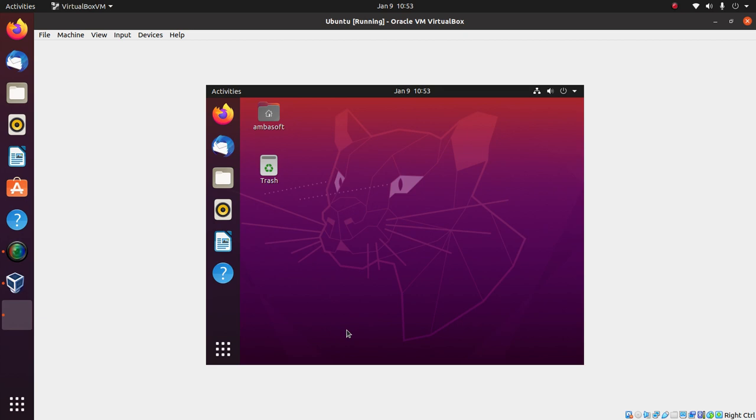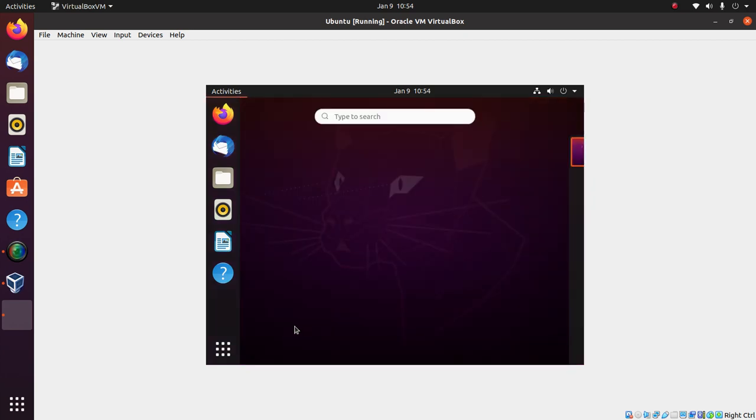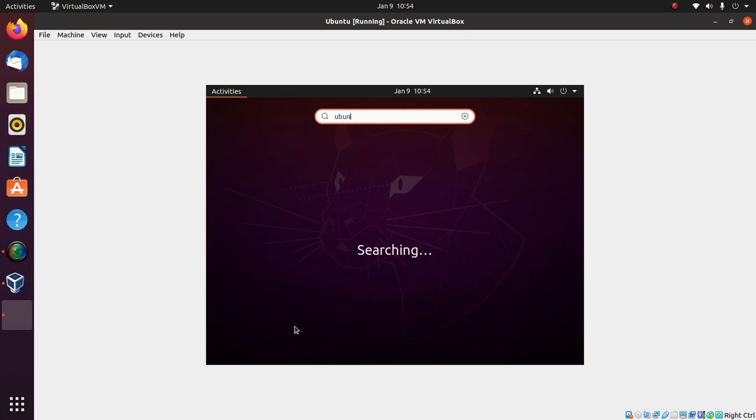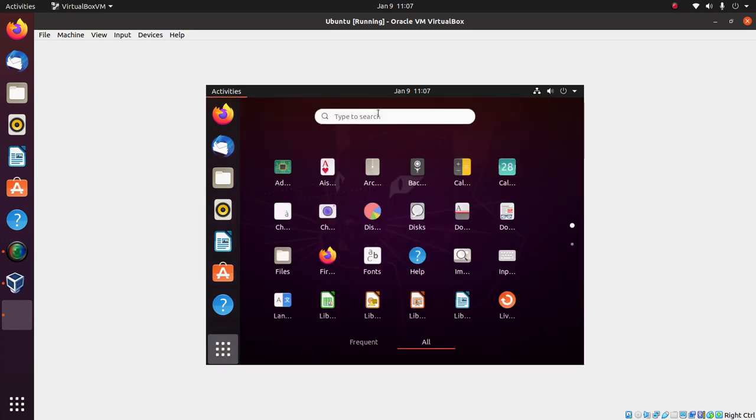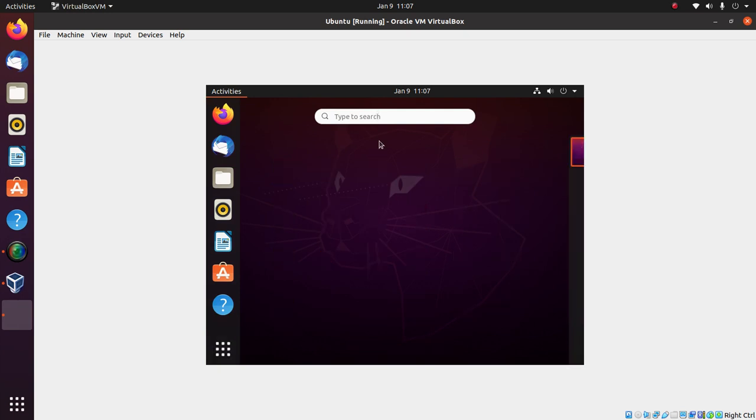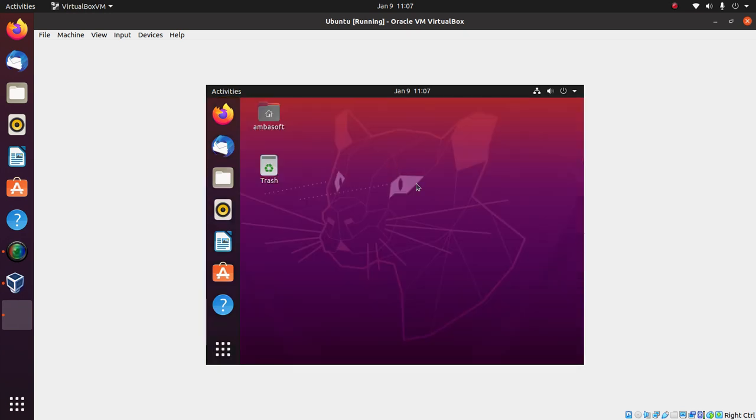Now, after installation, I may need to install certain packages. What can we do for this? In Ubuntu, there is something called Ubuntu Software. For installing the software, you just need to hit the Windows key. This is one way. Or otherwise, click Show Applications and you can type. So either way, you can invoke the search box.